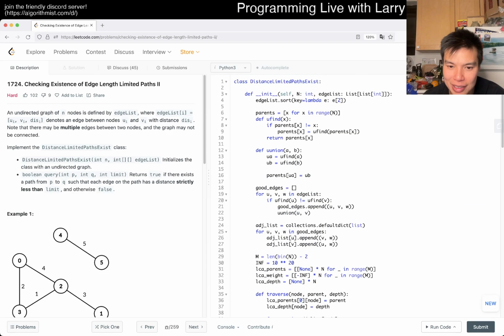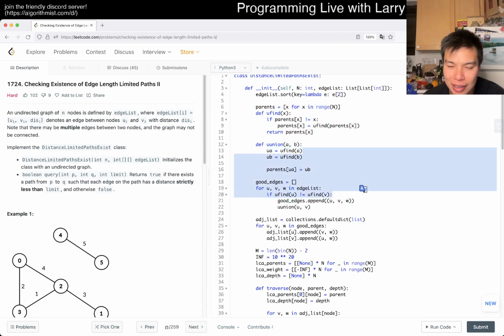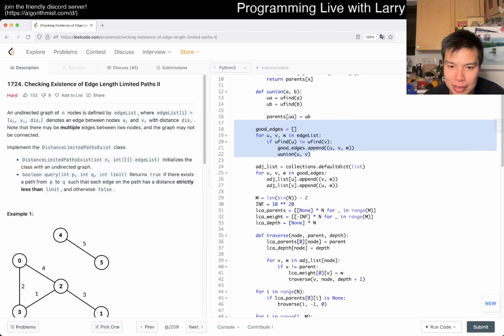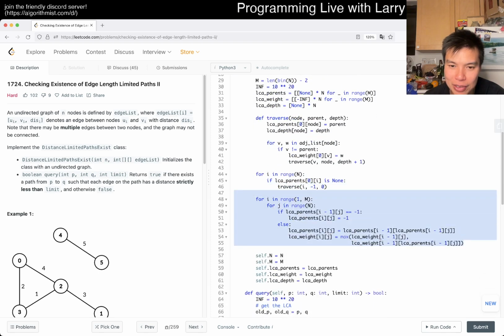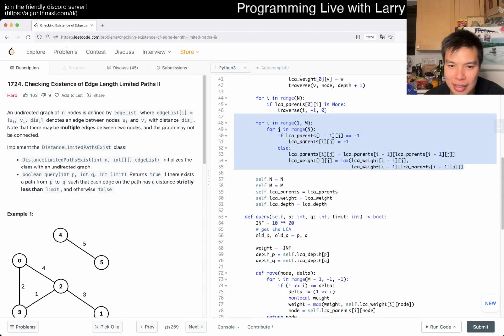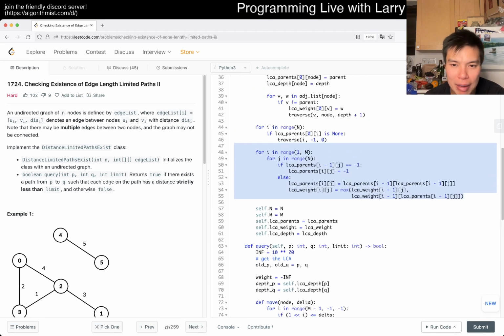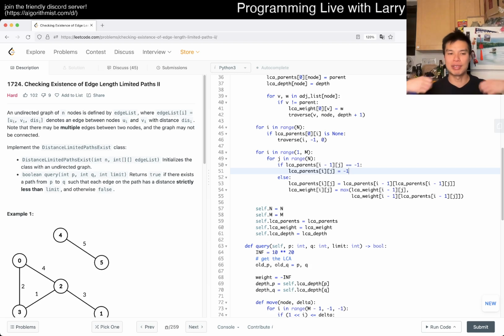This is the pre-processing, union find, minimum spanning tree, DFS kickoff, sparse table, or just dynamic programming if you want to call it that. I didn't go over the proof for the dynamic programming that much here, but if you think about it like train stops: if I'm on a train and I know what my next stop is,